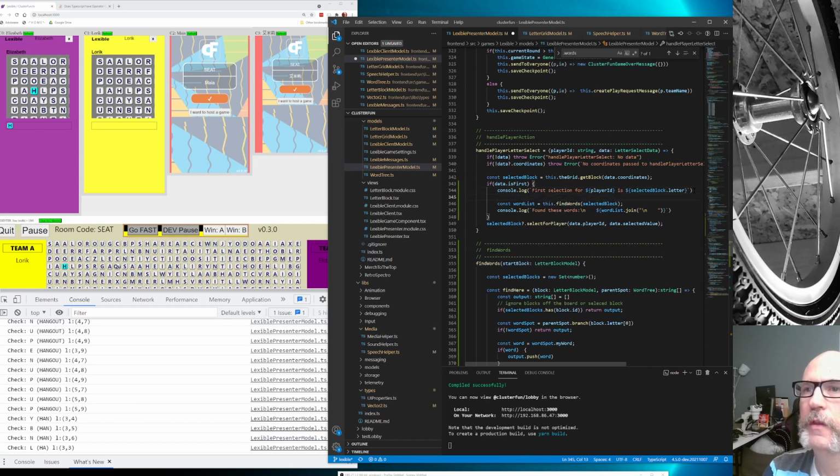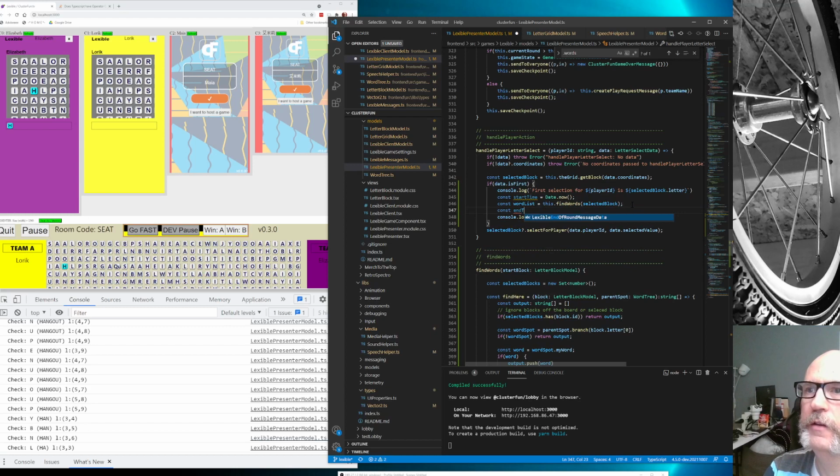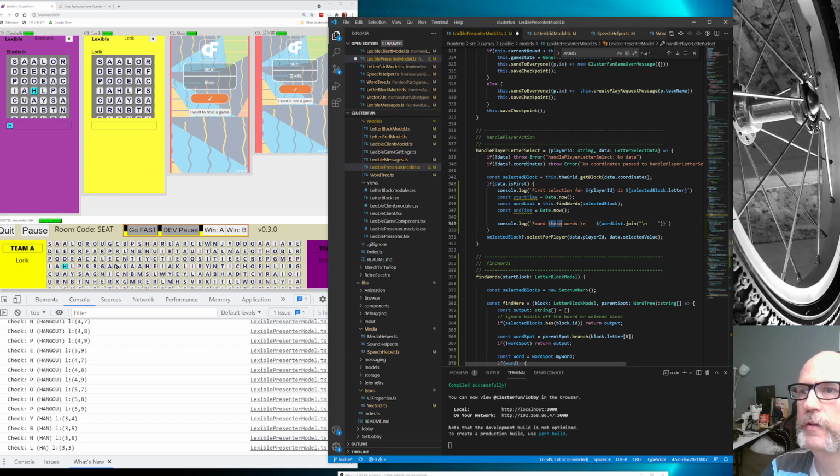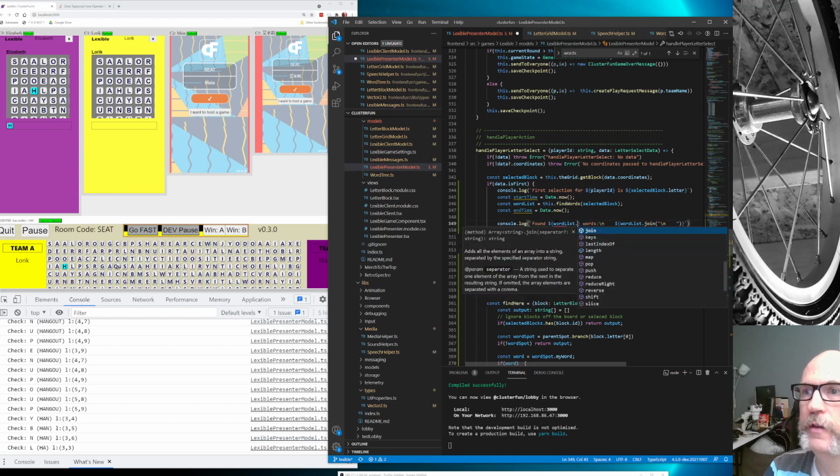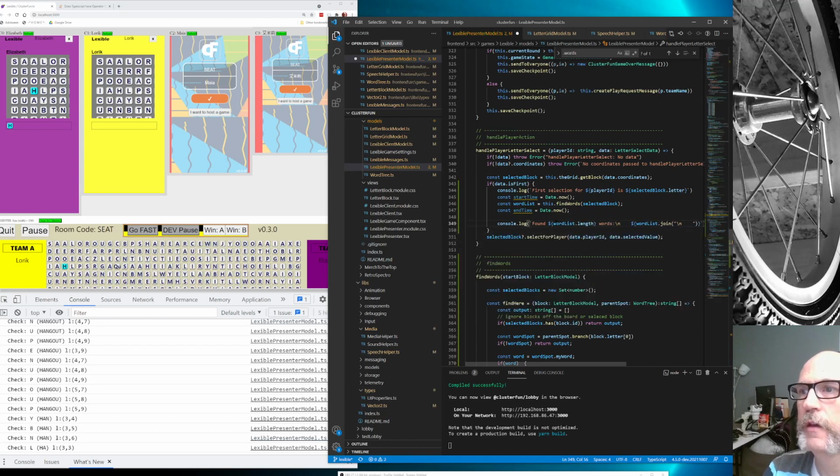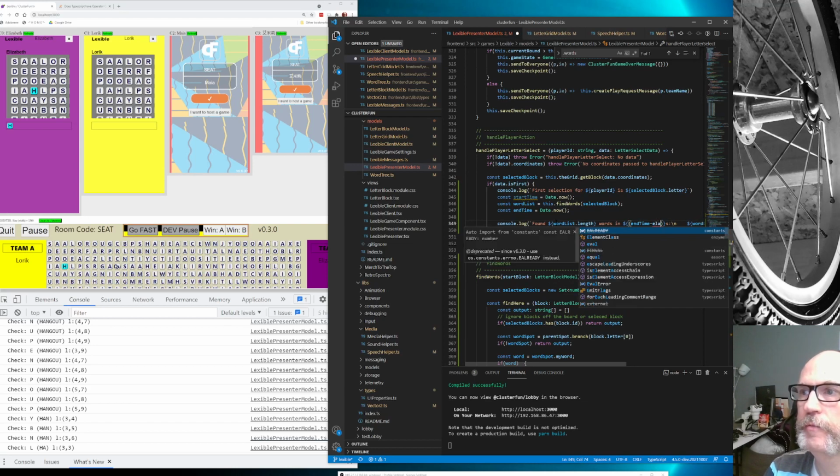So we're going to say const start time is date now, and then we'll say const end time is equal to date now, and then we'll say found word list dot length words in some number of seconds, which is going to be the end time minus start time